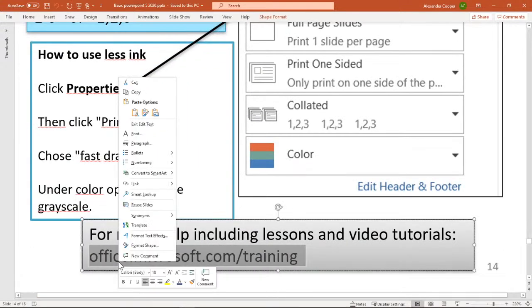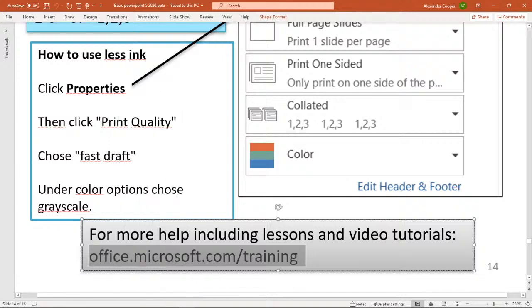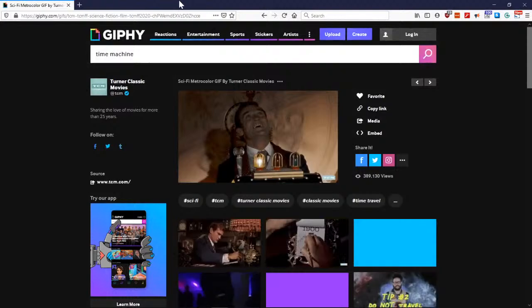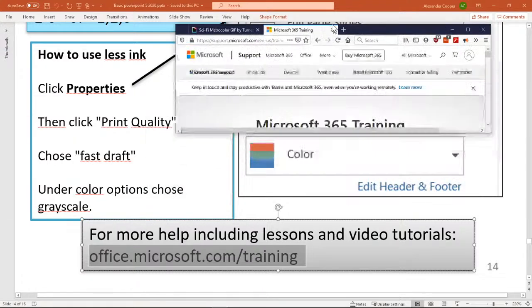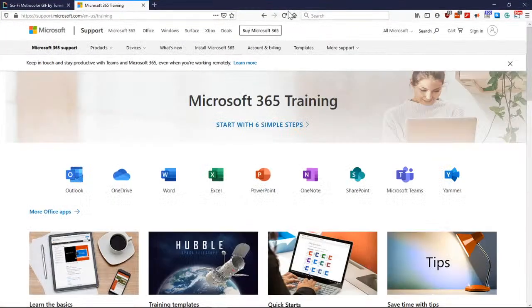Now I'm going to show you the website. If I can pull that up real quick. All right, it thinks it's loading. Yay. Okay. So this is the Microsoft.com training website.